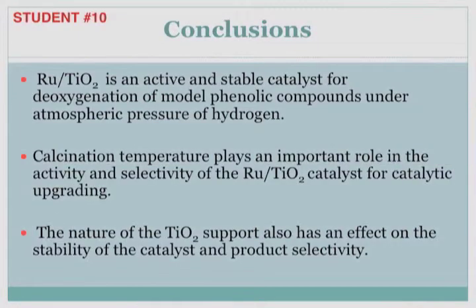Based on this, we can conclude that the bifunctional ruthenium titania system is an active and stable catalyst for deoxygenation under atmospheric pressure of hydrogen, and also the calcination temperature, as we've seen, plays a very important role in not only the activity but also the selectivity of this catalyst for upgrading. And last, we see that the nature of the titania support we use also has an effect on the stability of the catalyst and